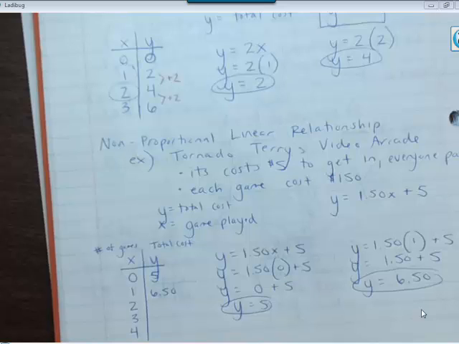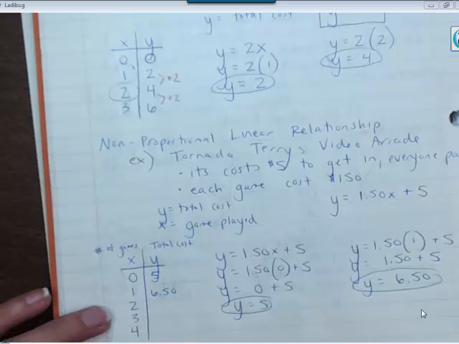Okay, go ahead and figure out 2, 3, and 4 games by yourself. Pause this video just to take your time. I want you to show your work exactly like the way we did. Okay, once you check your work, with your group members, look and see to make sure that you have